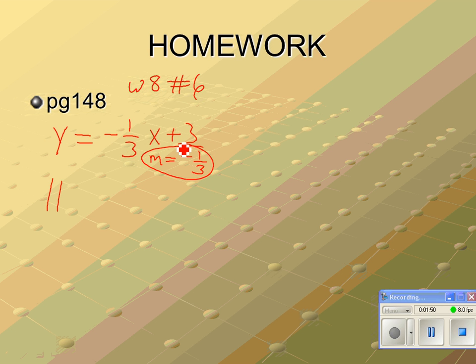stuff, follow along. If a line's parallel to that, what do you know about the new line's slope? It's got to be the same. If it's perpendicular, somebody started to say it. Opposite reciprocal. What's the opposite reciprocal of negative 1/3? 3 over 1, or just 3. So what we're looking for, and it was a multiple choice question, is our lines,